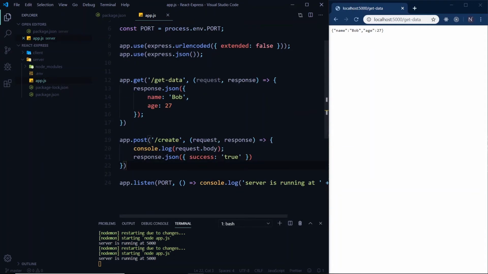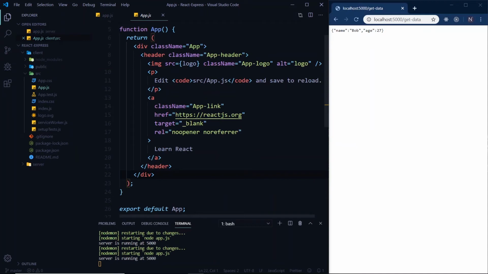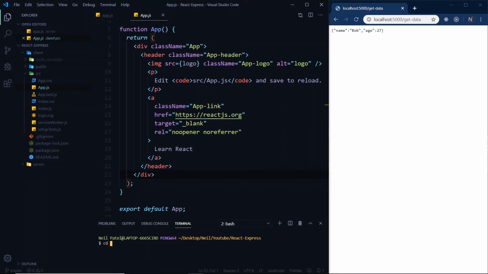Okay, so that's it for our backend for now. Let's jump into the React side. I'm going to minimize the server and go into the client, and in our source I'm going to open up app.js. I'm going to open up another terminal here and cd into client and then run npm run start,